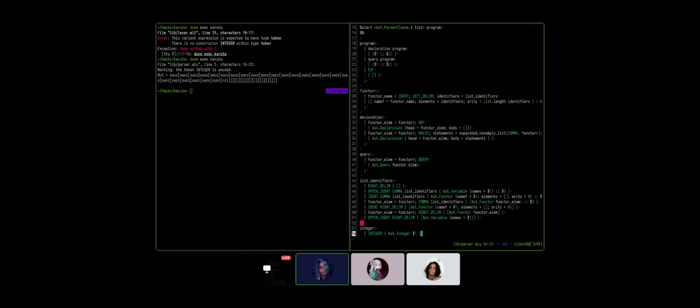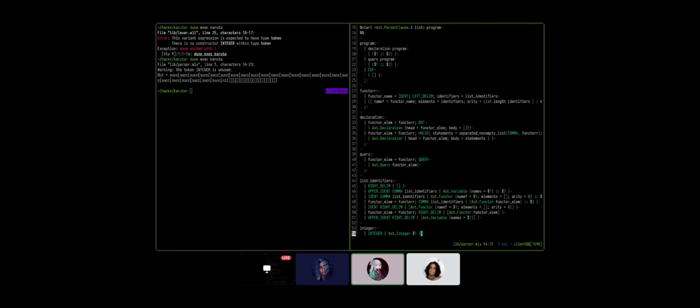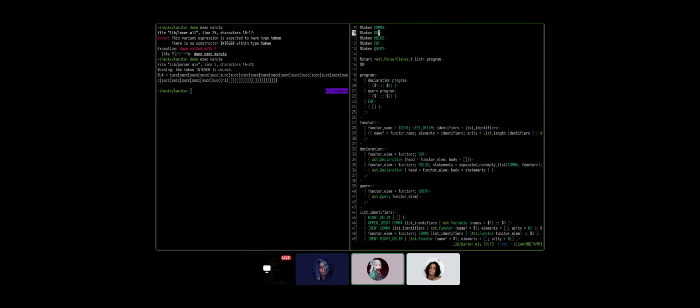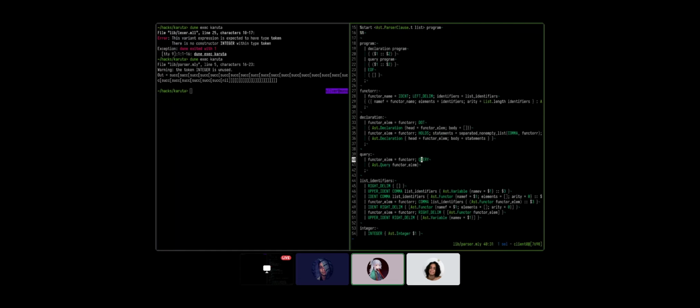Yeah, it's definitely something like that, but here's the question. Where are we gonna put this thing? Where are we gonna put this integer identifier on line 53? We need to put that in some of the recursive parsers. So where can we have an integer? Well, anywhere where we have a functor or a list, I suppose. Well, functor is line 28. 27, I guess. That's the rule for the functor.